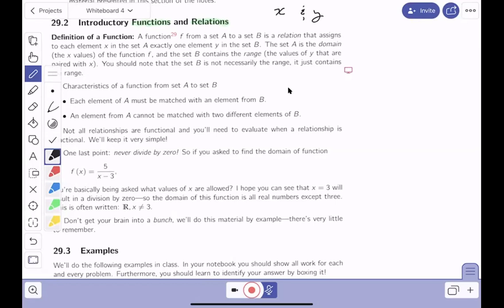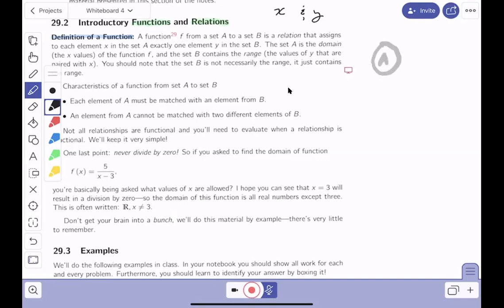But I want to go through this definition of a function. Let's read through it. A function f from a set A to a set B. I'm going to visualize that for you with a little picture. There's a relationship between the two, all right? So I'm going to say there's a set A,